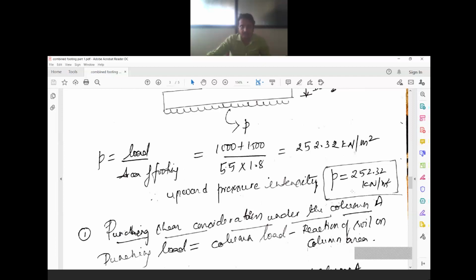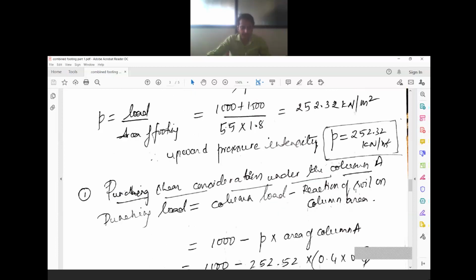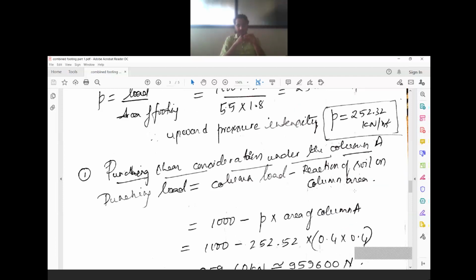Now it is time that we have to calculate the depth of the foundation. Before going to that, when calculating the depth of the foundation, what are all the parameters we need to consider? Don't look at the notes now. So listen to me. To calculate the depth of the foundation, we have to consider several parameters. One of the main parameters is bending moment. So we have to calculate the bending moment. According to that bending moment, we have to decide the depth of the foundation.